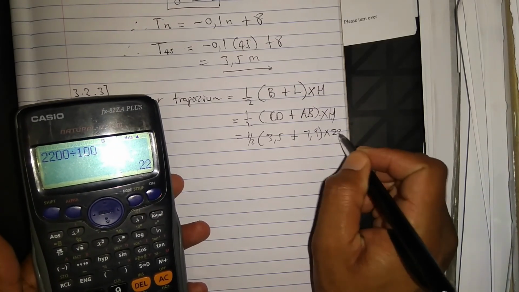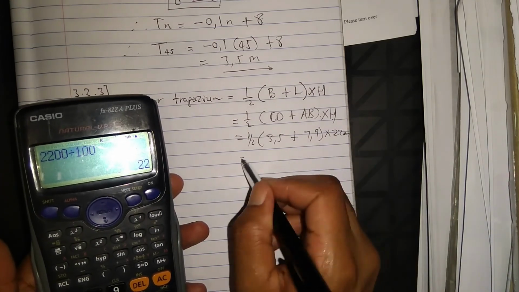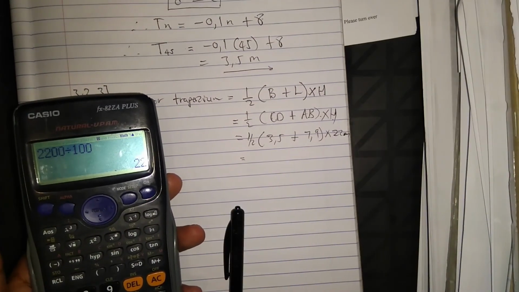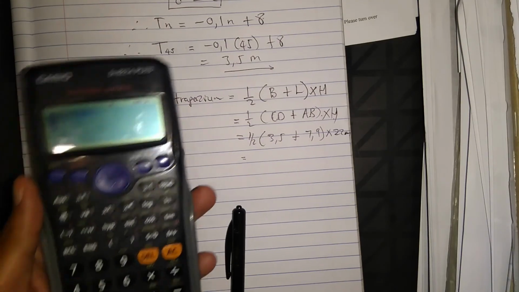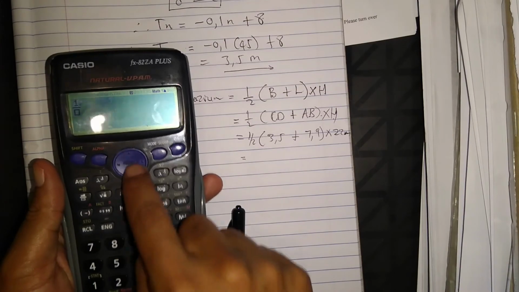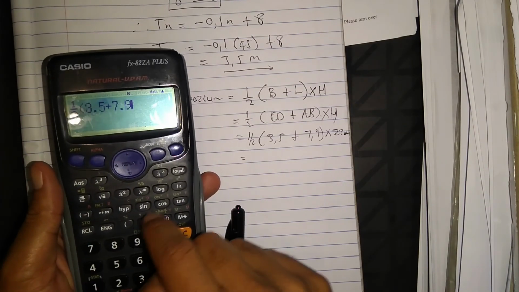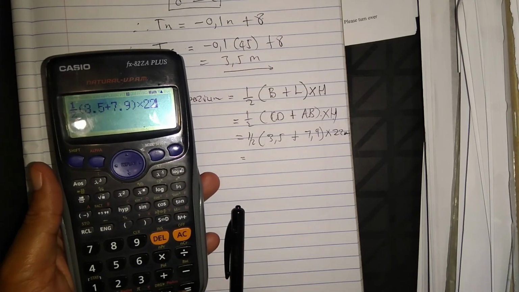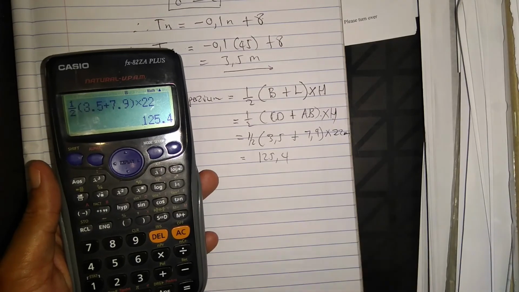So then the height will be 22 meters. So using a calculator, I'm solving this: 1/2 times 3.5 plus 7.9 times 22 is equal to 125.4